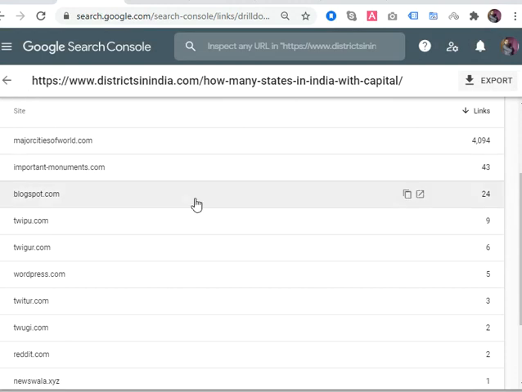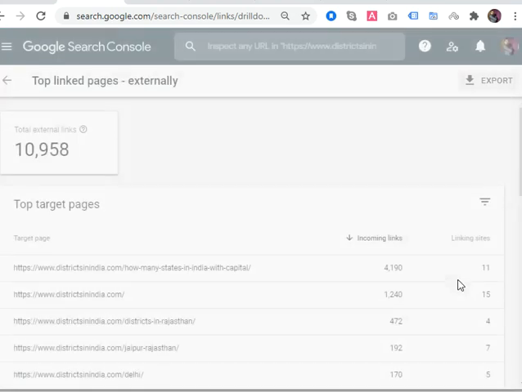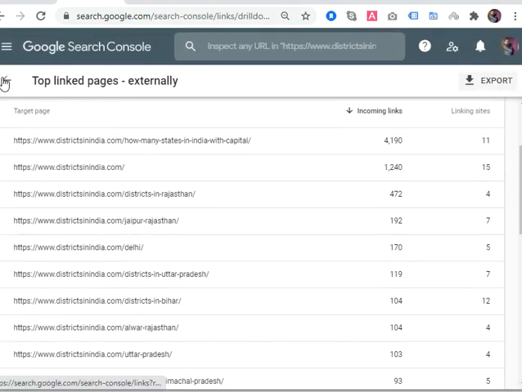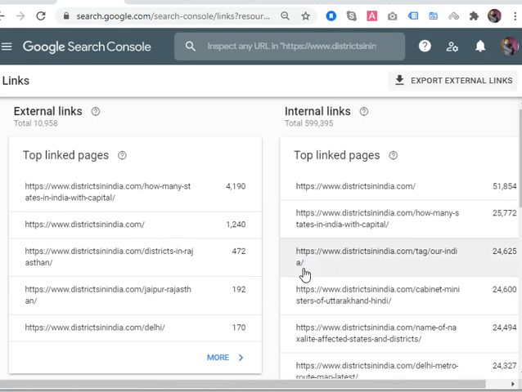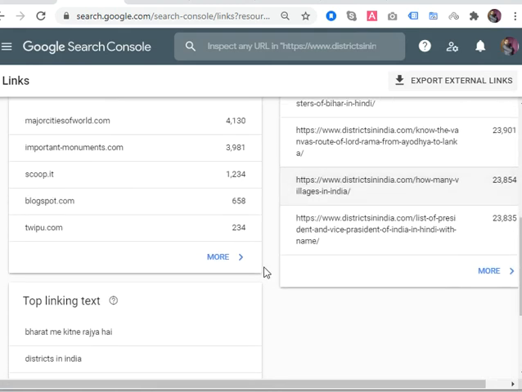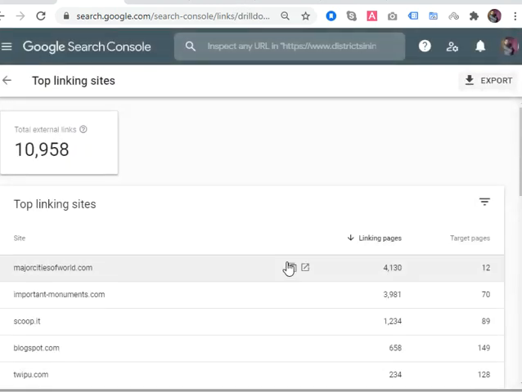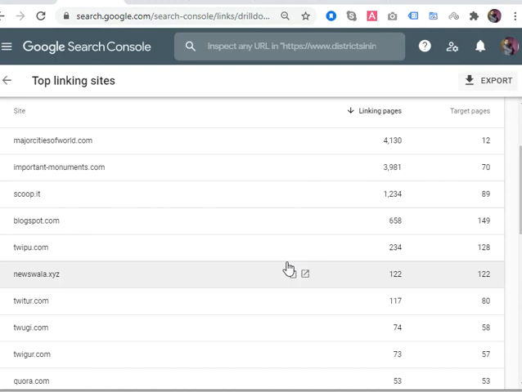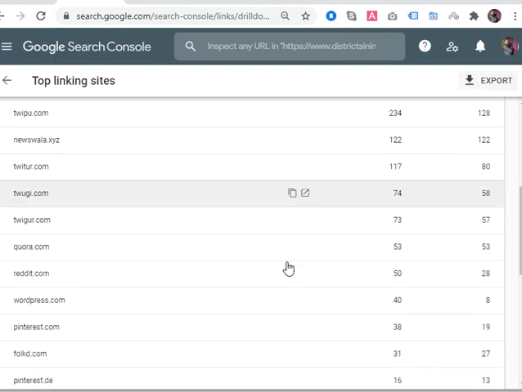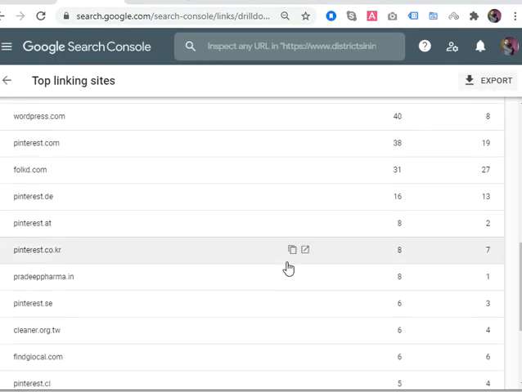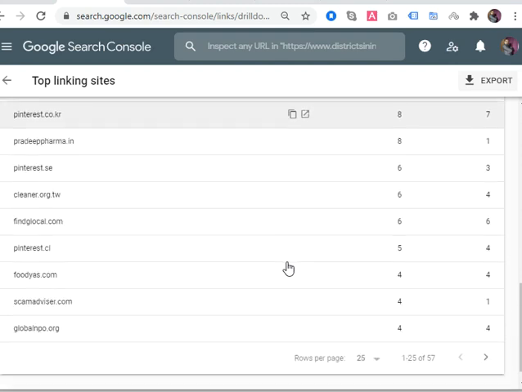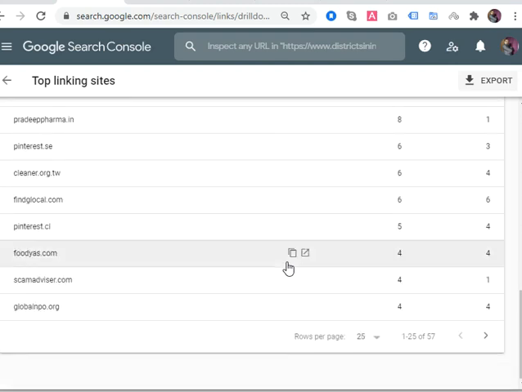So this shows that your page is getting backlinks from this website. With the help of this section you can identify how many sites are giving you backlinks and whether those websites are good or bad for your website. So keep tracking this. If any porn website or any bad website is pointing to you as a backlink, then it's really not good for your website.